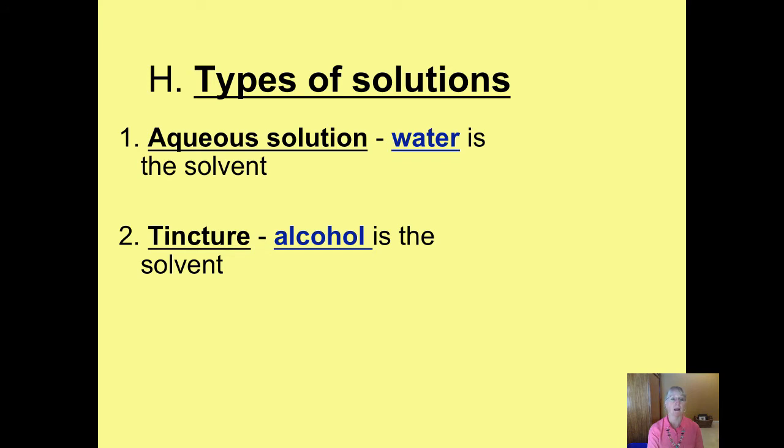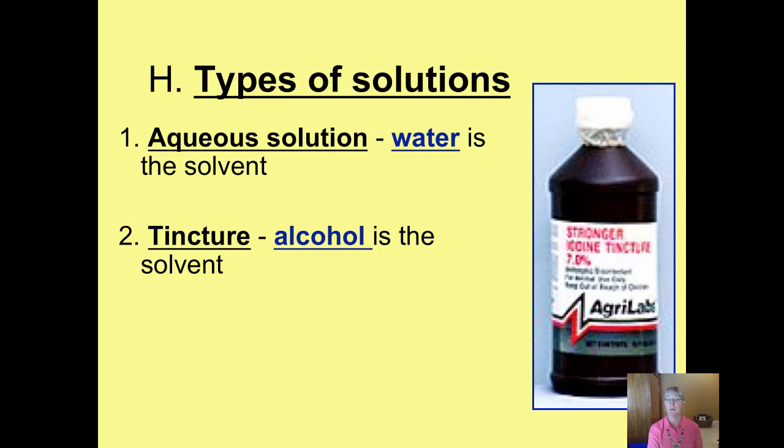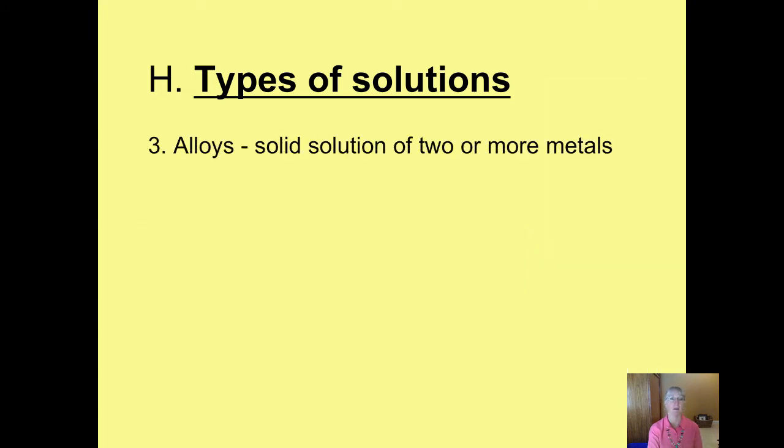However, if you've ever had iodine solution put on you, or perhaps you've been prepped for surgery or some minor outpatient surgical treatment, you've had a tincture of iodine put on you, and that's kind of a brown color. The iodine is what gives it the brown color, but iodine is only pretty soluble in alcohol and not terribly soluble in water. So that's what we call a tincture, where the solvent is alcohol.